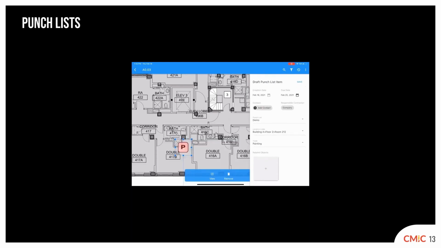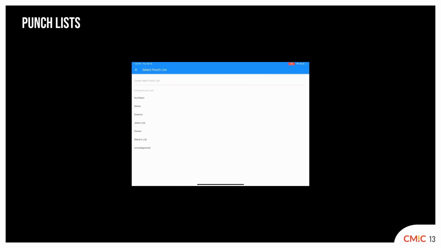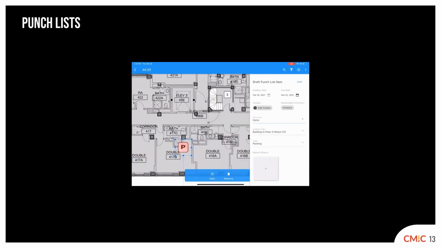There are other fields I can decide to fill out, like punch lists. Punch lists act as a grouping where items can fall within them. I'll select demo from this list. I can go ahead and fill out the other fields, or I can decide to hit save and continue creating